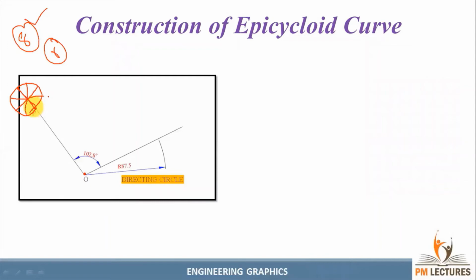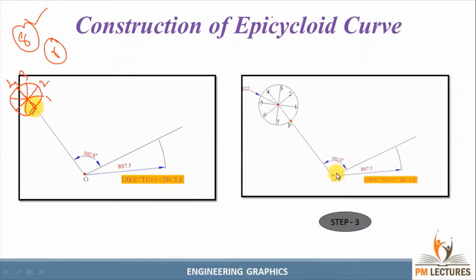After dividing this, you need to give the naming. So naming will start from here, guys. Like this, we need to give it in the anti-clockwise direction. Okay, see here. So here also we need to remember two things. From the point P, we need to extend the line for the radius of the rolling circle, and then take your compass and draw a circle. After drawing the circle, we need to start the naming from here, guys, not from here. Please don't make the mistake. We need to start from here and give the names 1, 2, 3 in the anti-clockwise direction. Please remember it. After drawing this, we can move to the fourth step.